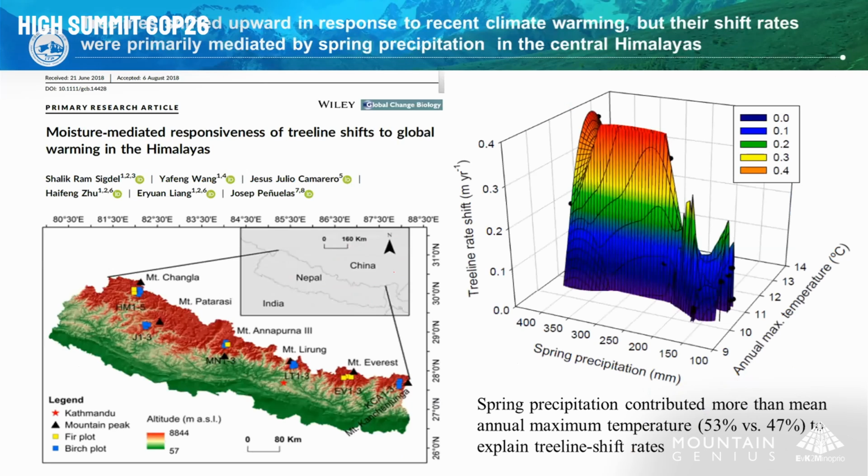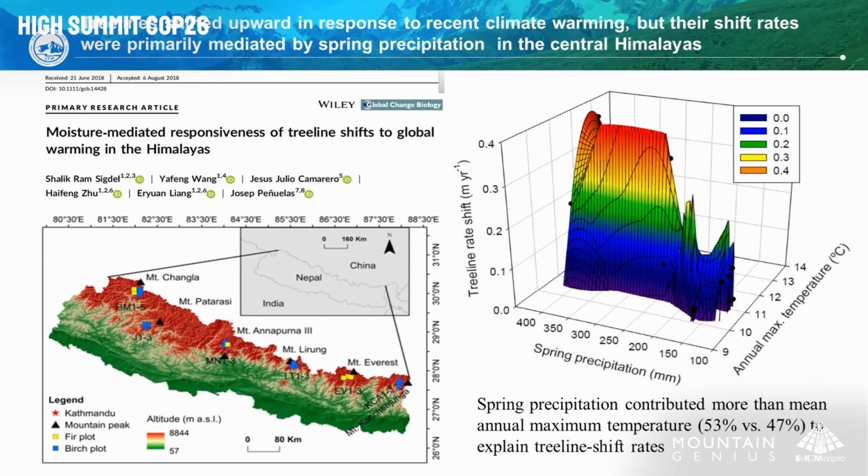So we tried to test this hypothesis in the Central Himalaya, in Nepal, and we took a plot from east to west. In the east, the annual rainfall is 3,000 millimeters, and to the west, it is 600 to 800 millimeters. So a big difference. We tried to see what changes in the tree line along this precipitation trend.